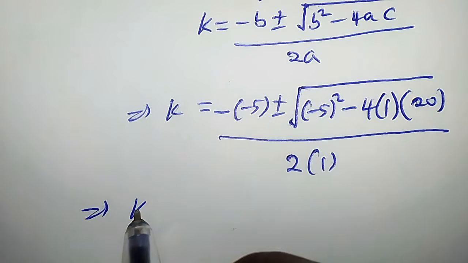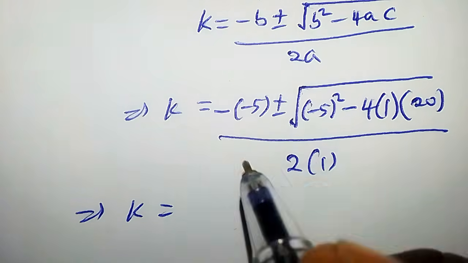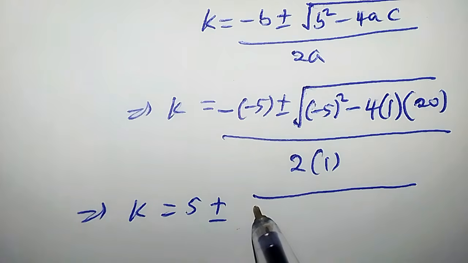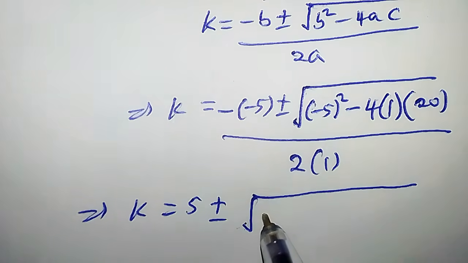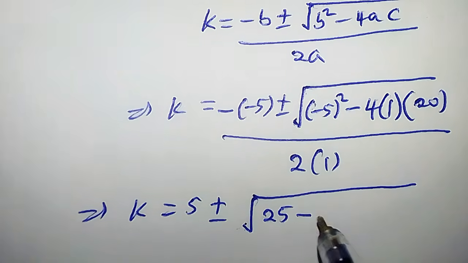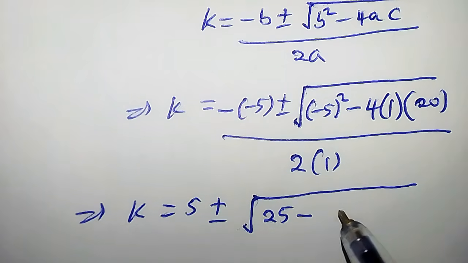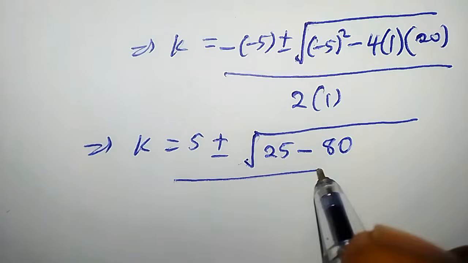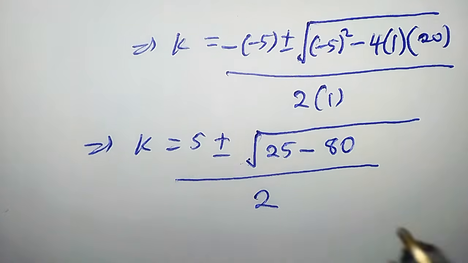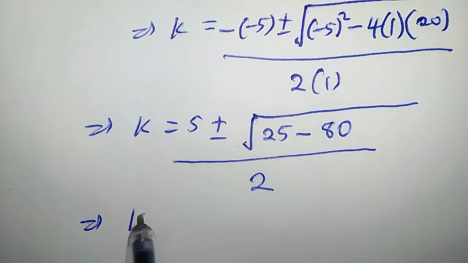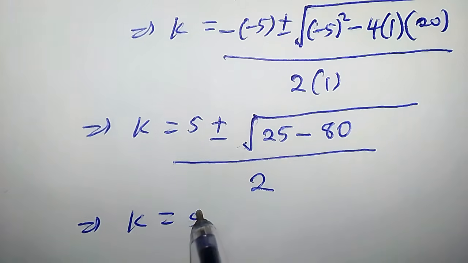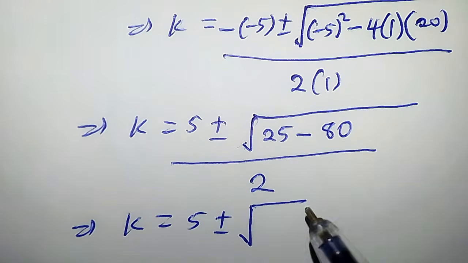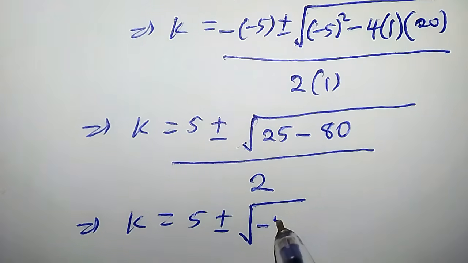This means that k is equal to minus times minus 5, that is 5, plus or minus square root of minus 5 all square is 25, minus 4 times 1 times 20, that is 80, divided by 2 times 1, that is 2. This implies that k is equal to 5 plus or minus square root of 25 minus 80, that is minus 55,